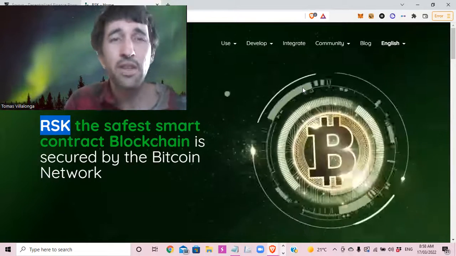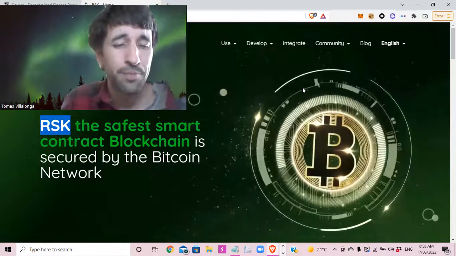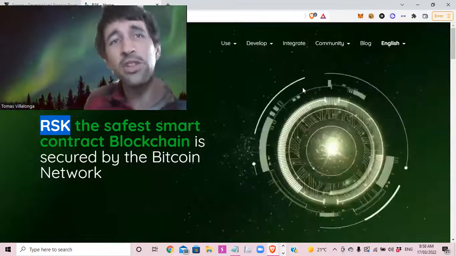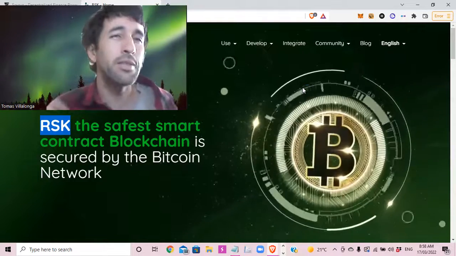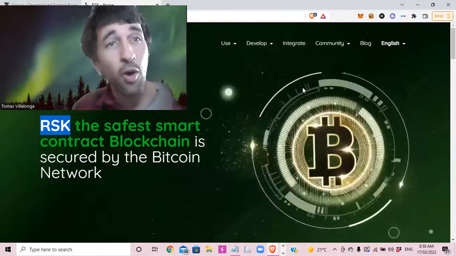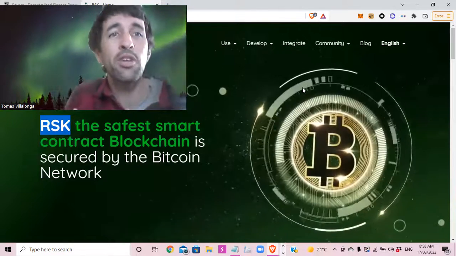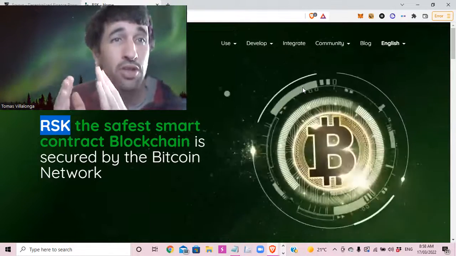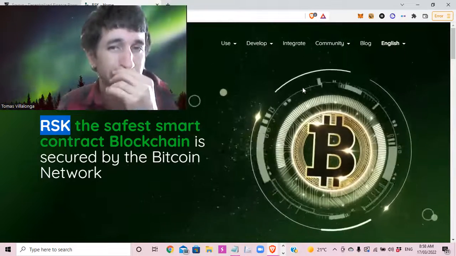The way this works is very simple. So you have all these miners around the world mining Bitcoin, right? You have millions and millions of miners across the world. Now, every time there's a block added to the blockchain, which happens approximately every 10 minutes,